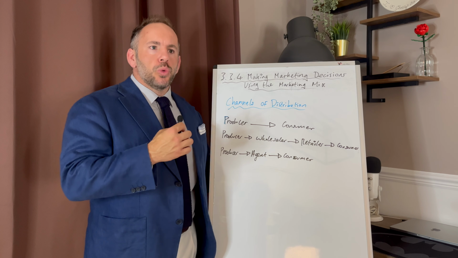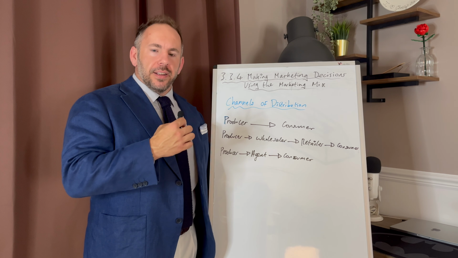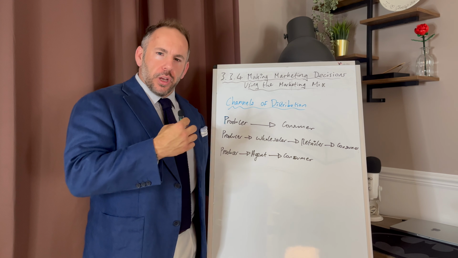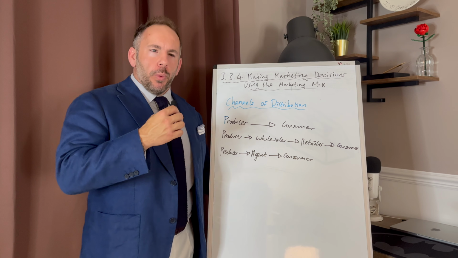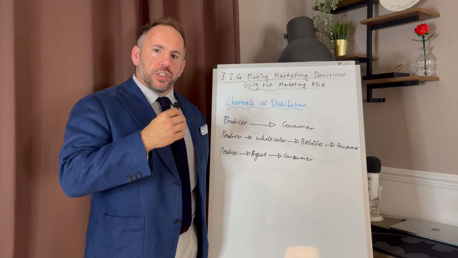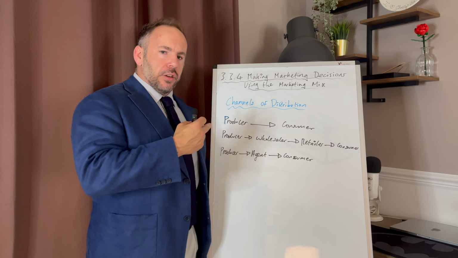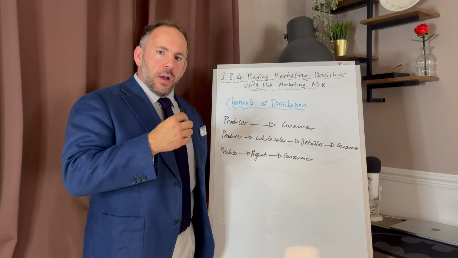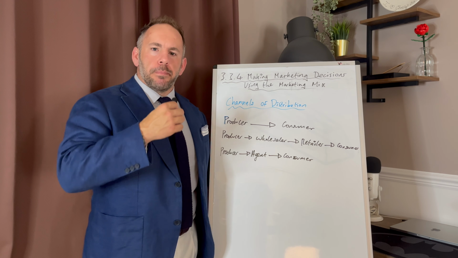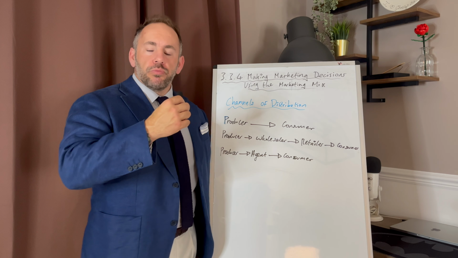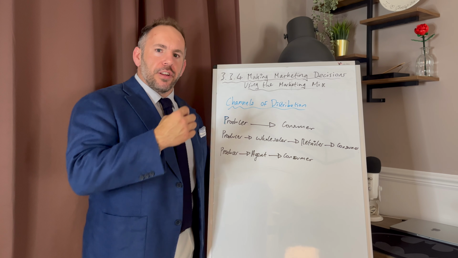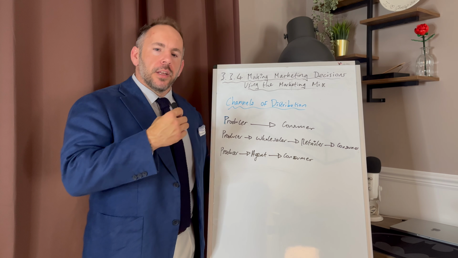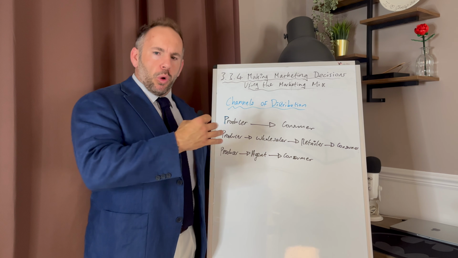So if you think about your local sweet shop, they've gone to a wholesaler of some description. They're often called a cash and carry. Now, you might know Costco because we as consumers can go to Costco. That is a wholesaler to a certain extent, but we're talking about the ones that you're not allowed to go to unless you are a registered business. So producer, they make the goods. Wholesaler, they buy up goods from maybe 100 different producers, and they have them in their warehouses in massive bulk, break them down into boxes or crates, and then allow retailers to come along with their transit van, load up their transit van with crates of stuff and move on with their life. So the consumer can then buy one unit.